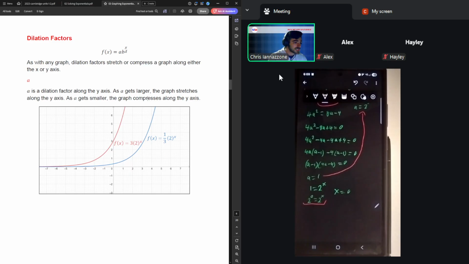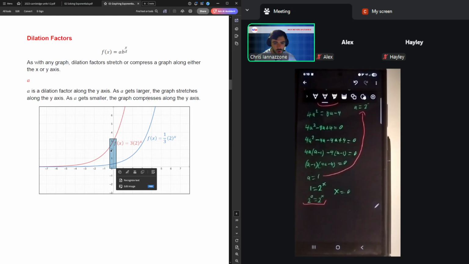Dilation factors are a similar story. Rather than changing the base, which as we've seen will rapidly change how fast or slow an exponential will rise or fall, a dilation factor is just a multiplication at the very end. So it's a little bit weaker than changing the base as far as what it does to the shape of the graph. But it also does serve a slightly different effect, namely about where it's going to intersect